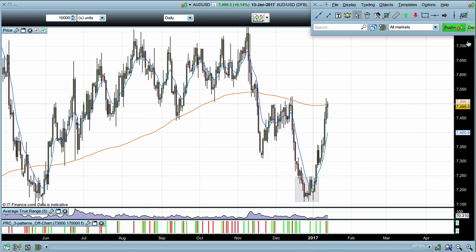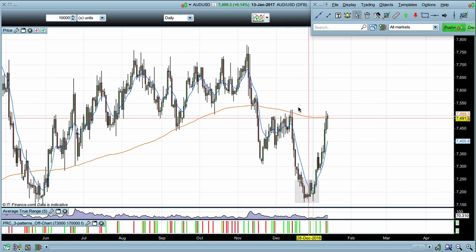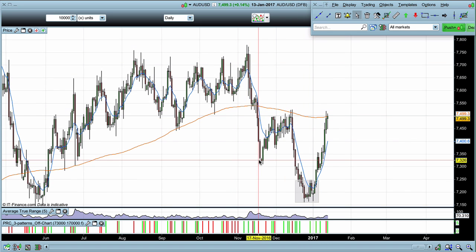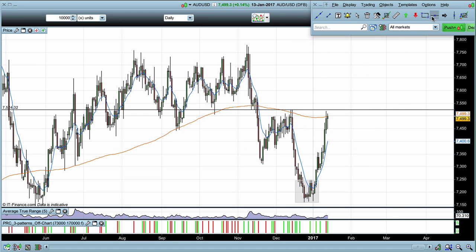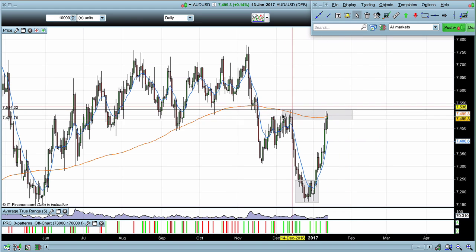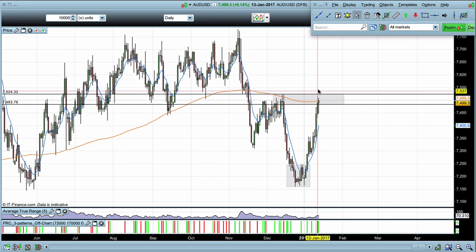Now the market is still technically in a downtrend, and the definition of a downtrend is a market making lower lows and lower highs. So for that pattern to be broken, we would need to see this market breaking above the previous swing highs. If we see that, all it means is we pause and we start to look at the market once again for clues as to what it wants to do. There's nothing to say it won't just pop up on a false break and then crash back down once again. However, that's when we want to start reanalyzing the market once again, if we break above the swing highs.